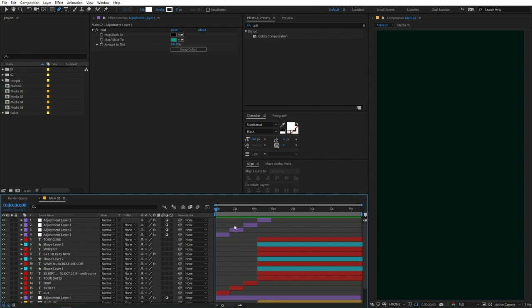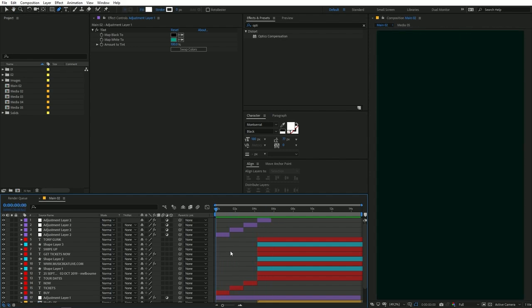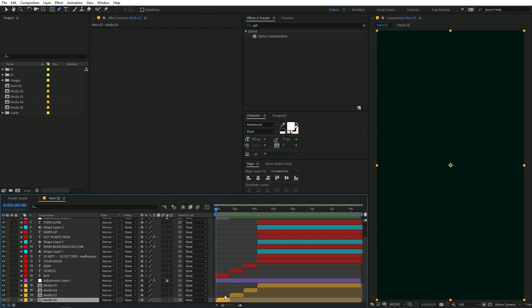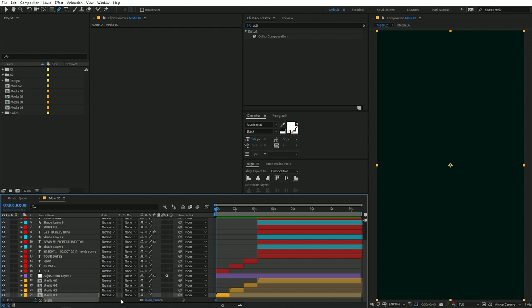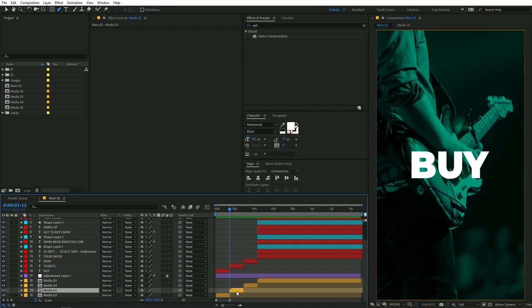So you might notice one thing, that again the background is not animating much. So we can fix that by again adding some animation to the media itself. So for this one we are going to select the media, press S and add a keyframe, and I'm going to move this keyframe to the end, and in the beginning I'm going to change the value to 110. So now if I play back here, you can see that we have this really nice zoom out animation in